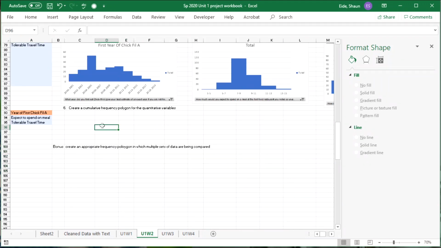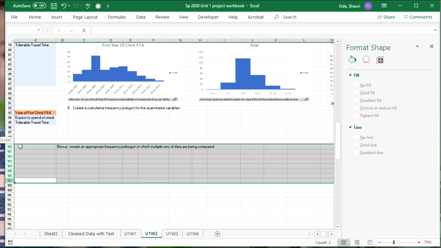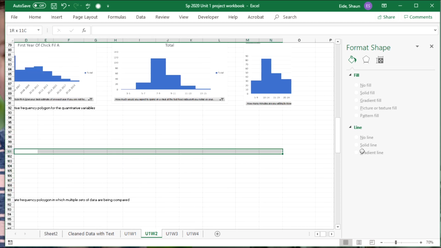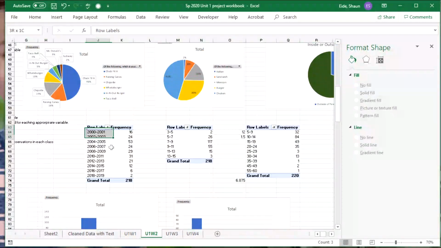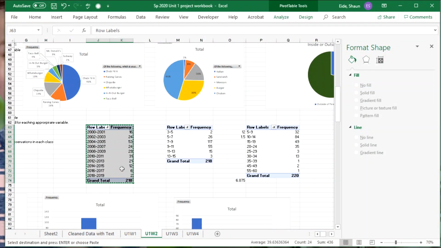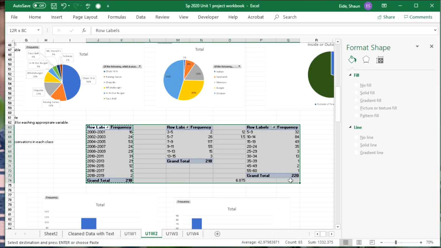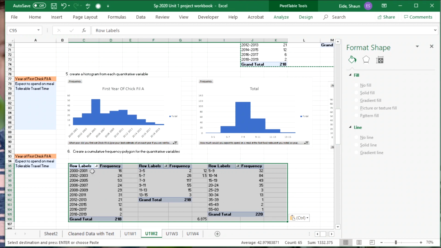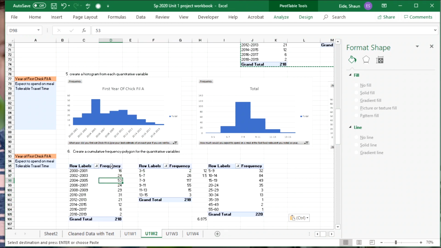Create a cumulative frequency polygon for the quantitative variables. Okay, and once again, I'm going to insert. And I'm going to go Control C. Actually, I'm literally going to just copy all of these. Okay, Control C, and I'm going to bring them down here. And what I'm going to do is I'm going to insert another,